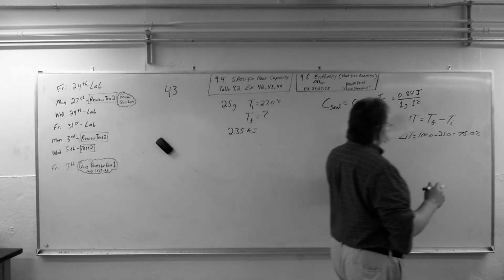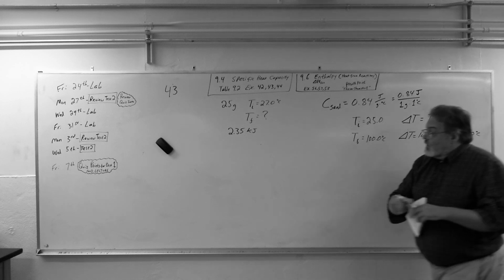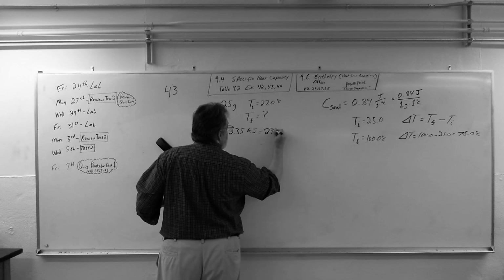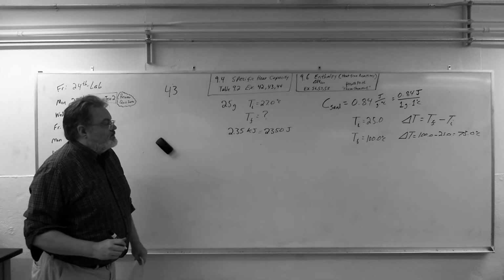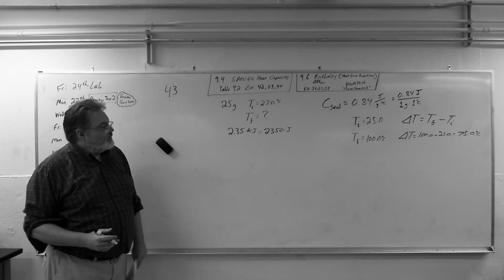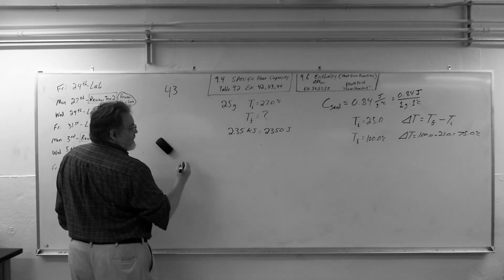Since this is in joules, I'm going to need to turn the kilojoules into joules. So I just convert it to joules by moving the decimal 3 times to the right, and that just simplifies everything. If you want to solve for this, it is